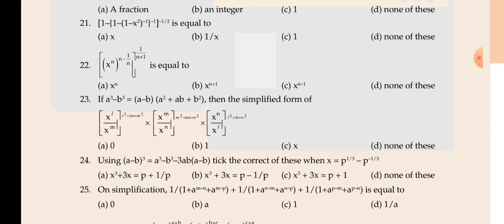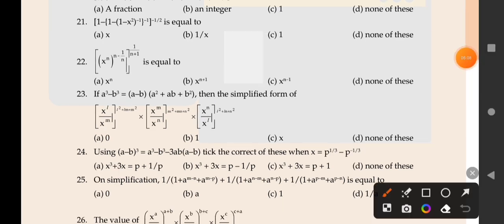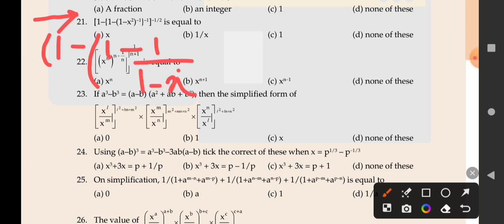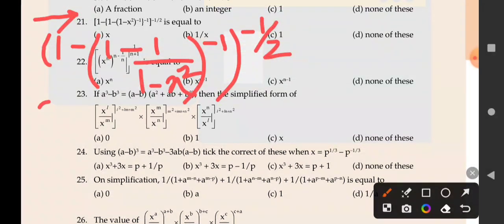So next question, question number 21. You need to solve this question very carefully and expand the innermost brackets first. So this is the equation. How will we solve it? 1 minus brackets 1 minus 1 by 1 minus x square raised to minus 1, brackets raised to minus 1 by 2. Then brackets are open. 1 minus again brackets 1 minus